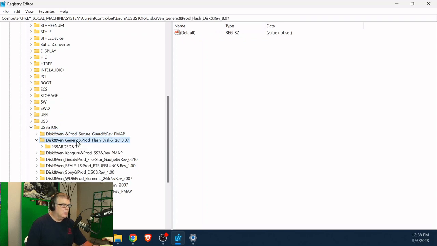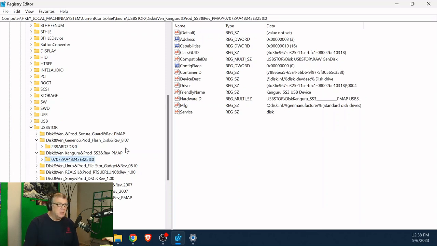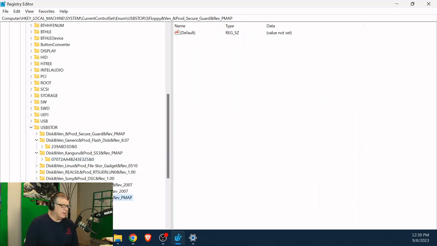So if I look at them, if I pull up any particular device, it tells me what that particular device is. I'm just kind of picking ones at random. This particular device is a disk. Here's the friendly name, Kangaroo SS3 USB device. Not quite sure what that is.